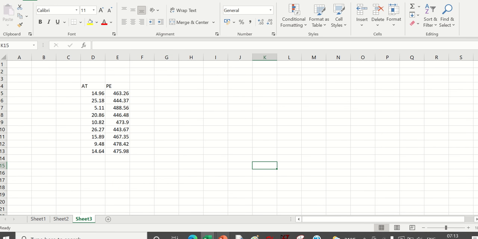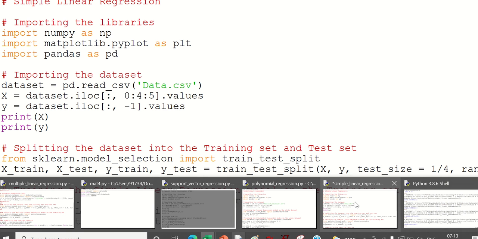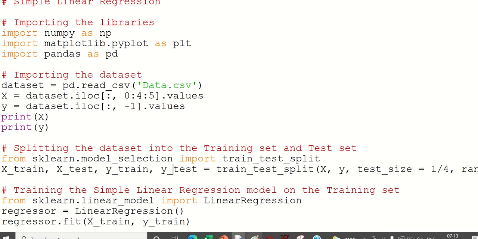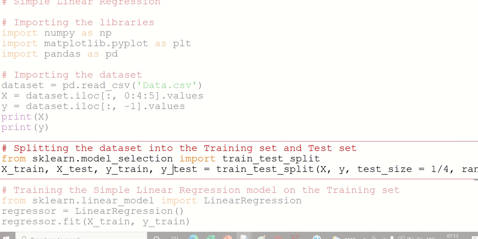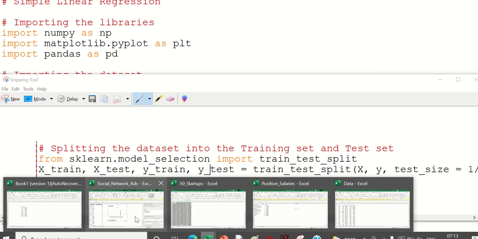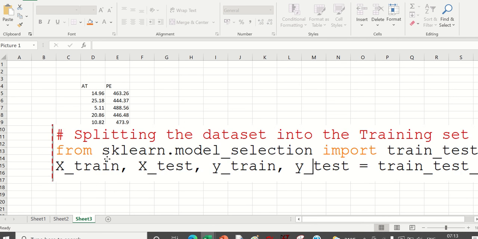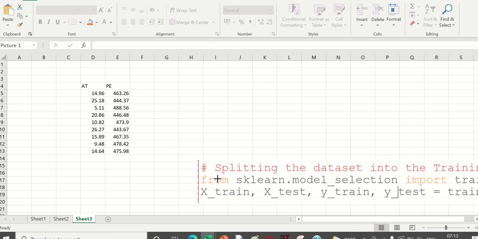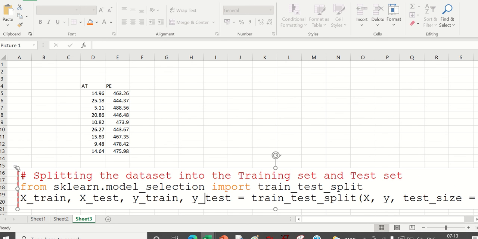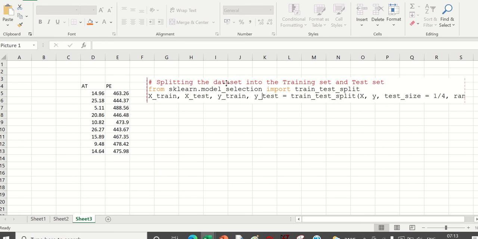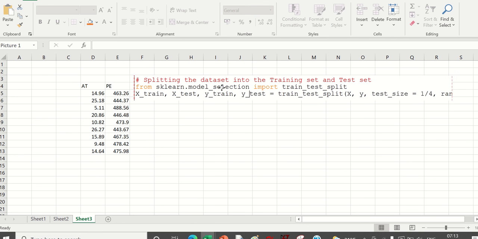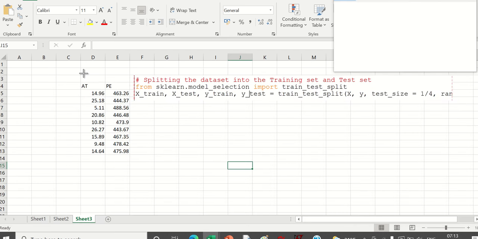Now what is my code? Now I will take this snapshot.